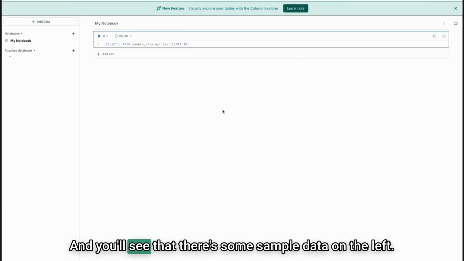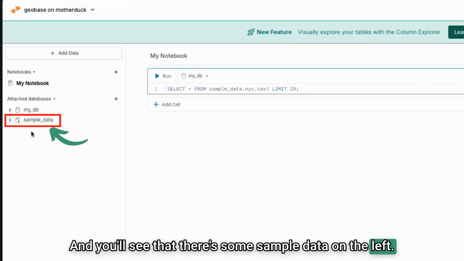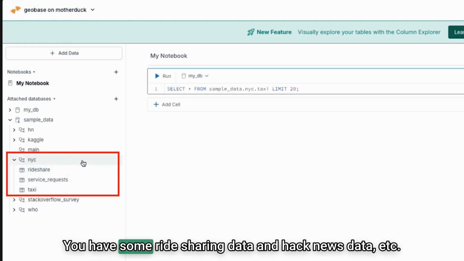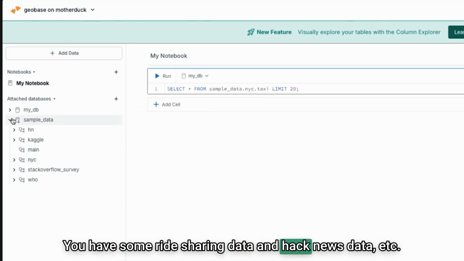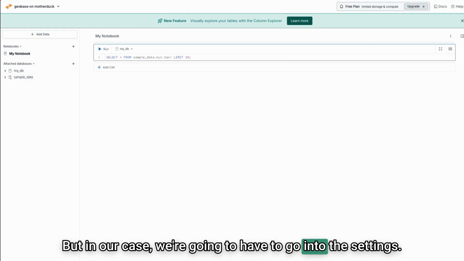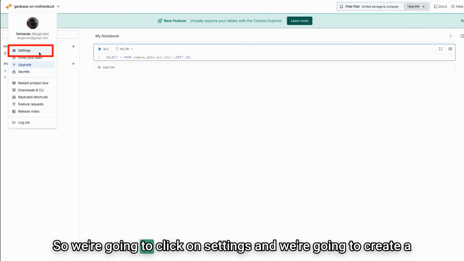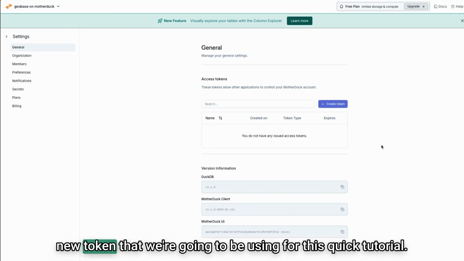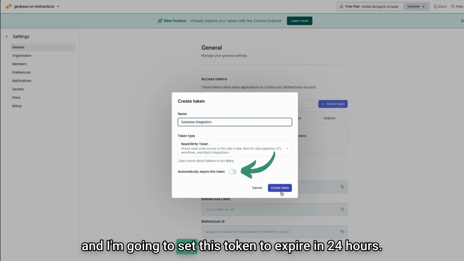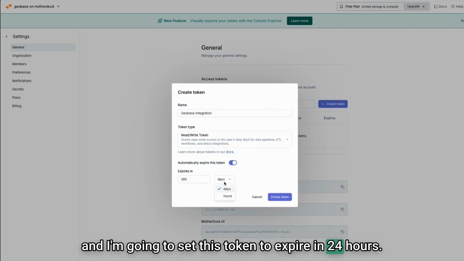And you'll see that there's some sample data on the left. This comes with all the new Motherduck accounts. You have some ride-sharing data and hacker news data, etc. But in our case, we're going to have to go into the settings. So we're going to click on settings, and we're going to create a new token that we're going to be using for this quick tutorial. Now I'm going to name this Geobase integration, and I'm going to set this token to expire in 24 hours,